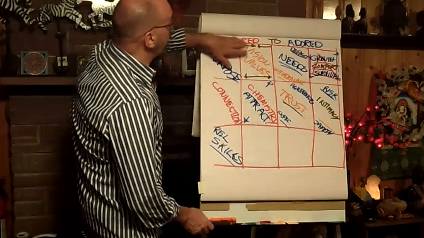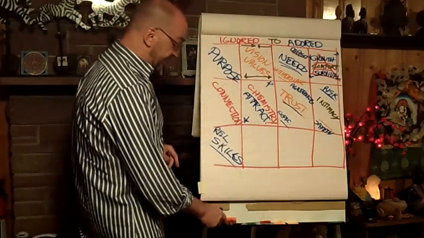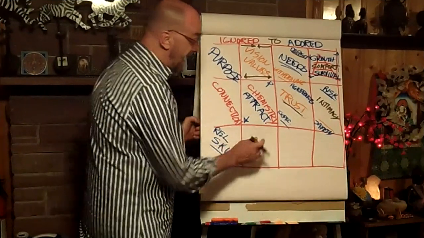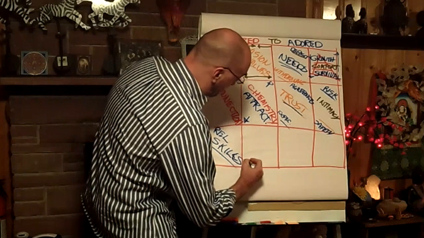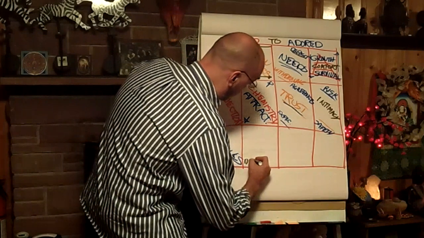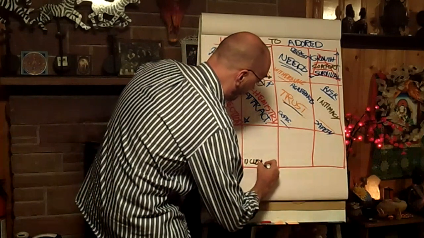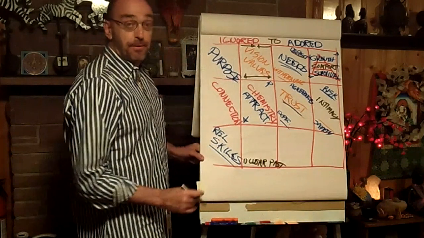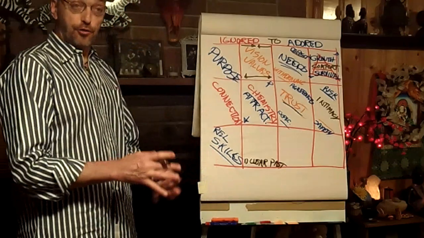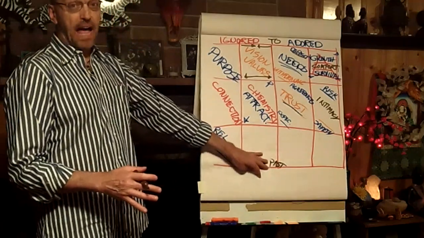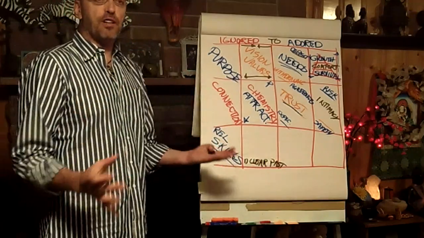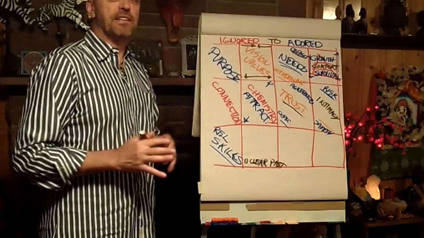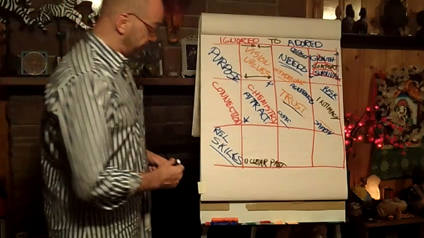So in Ignored to Adored, which is a course we're about to teach coming up, there are three main skills in this first box here. Number one is clearing up the past. And there are a lot of tools in this part of this box to help you clear up the past. Stop doing damage. Stop making the communication mistakes that make things worse.